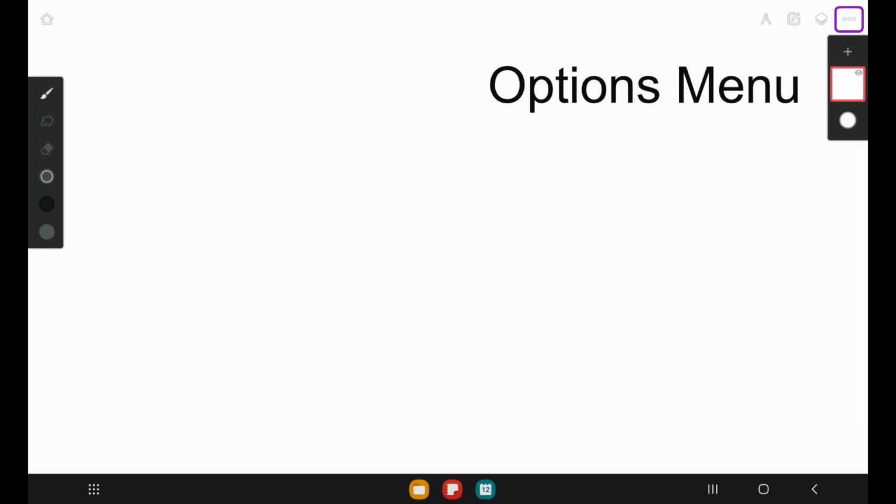And lastly, at the very end of the top right screen is the options menu. If you touch that button, it will open a small tab with different options that can help you decide what to do with your content. The only ones important we're going to talk about today are the New, Open, Save, and Export buttons.